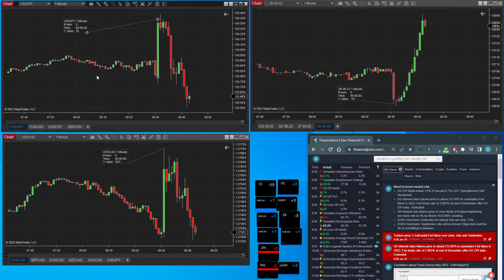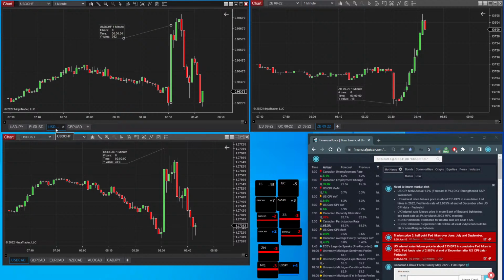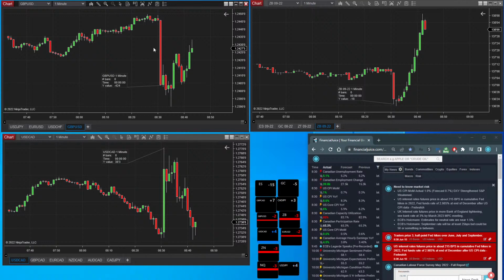It looks to me that dollar yen has of course gone past pre-release levels. Euro dollar still not there yet. Dollar Swiss franc near enough there. It did touch it. GBP USD no chance, not there yet either. So Euro USD, dollar yen and cable, excuse me, haven't retraced or gone back to their prior trading levels.